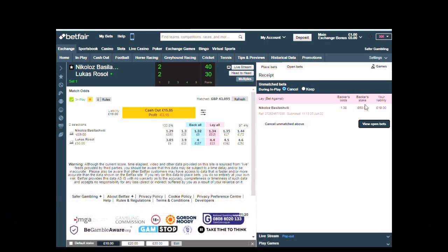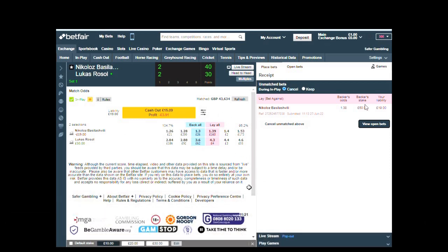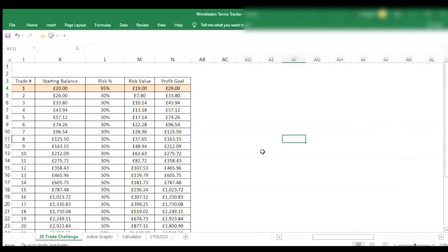Now I've made another little error here, because when I put the initial stake in, I didn't realise at the time that 95% of my £20 bank, which is effectively what this trade is, equals £9. So if we have a quick look here at the graph at the spreadsheet that I introduced you to in the previous video, you can see that we've started off with the starting balance, and had the risk been 30%,